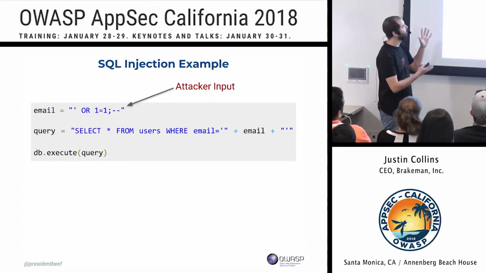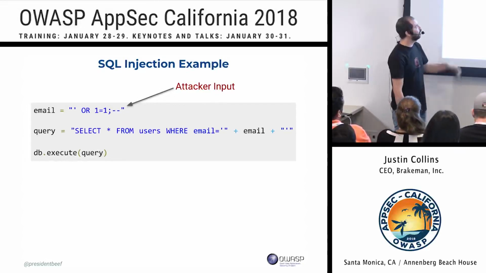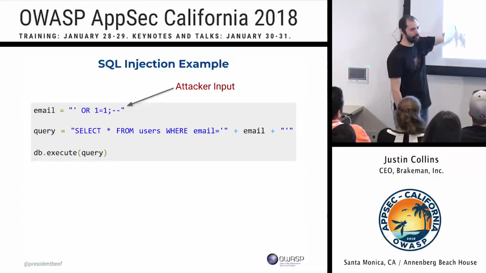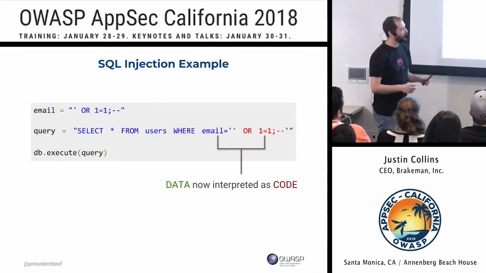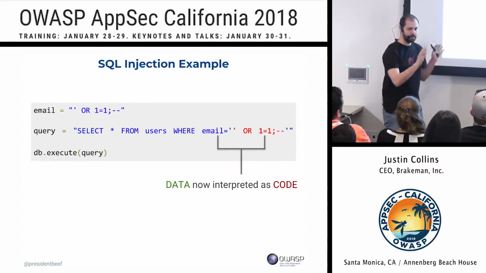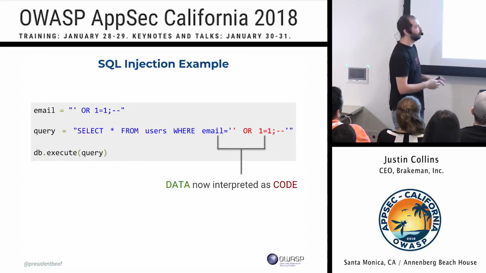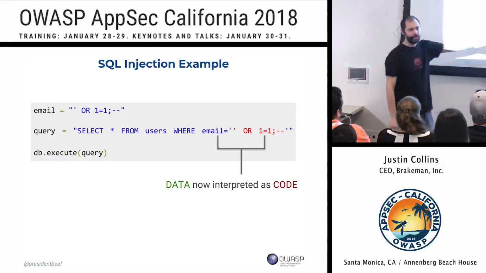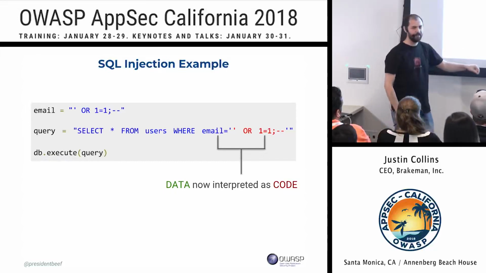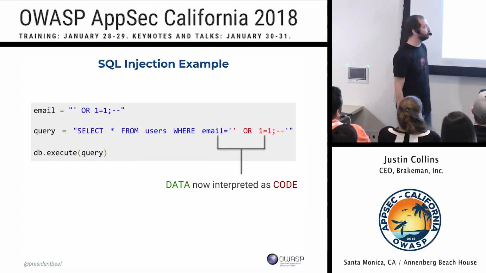And if it's user input, that means it can be attacker input. So we have, again, the classic SQL injection, where we're going to end that string and add OR 1=1 to the query. And what ends up happening is we had this SQL code that a developer wrote, and we have this data coming in, but now the data is interpreted as code. And what I think is really interesting is at this point, we no longer have a distinction between what the developer wrote and what the attacker is injecting. So at this point, we've lost, right? We have no idea which is which.